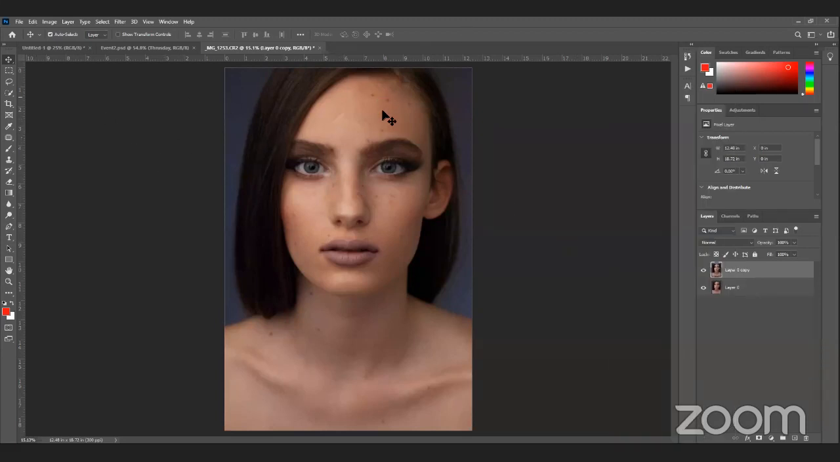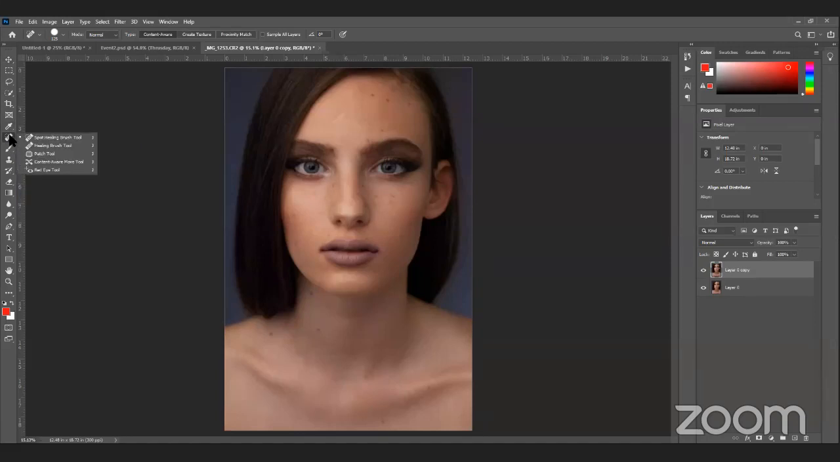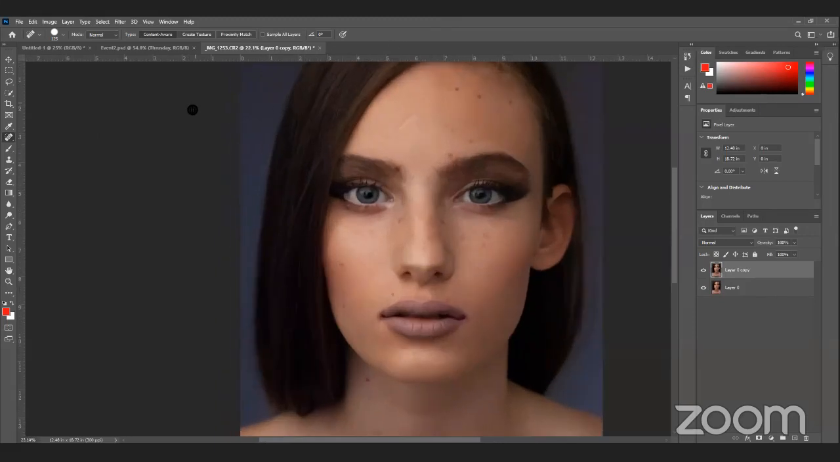Okay, now let's start on how to get rid of these black spots on this girl's face. So we can use the spot healing brush. How can you find it? Here, J is the shortcut for spot healing brush, but you have to hold the mouse and see, and these are the tools that we're going to use. I will use the spot healing brush and the patch tool, and they will fulfill your